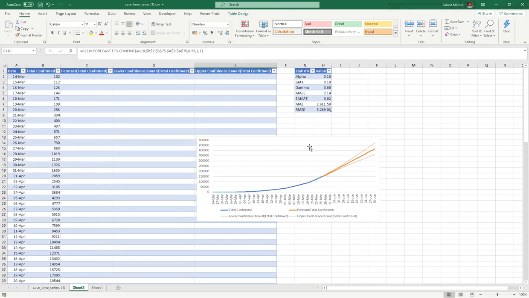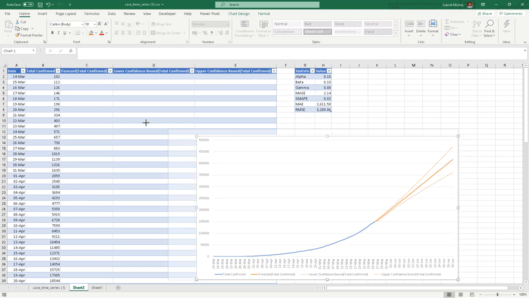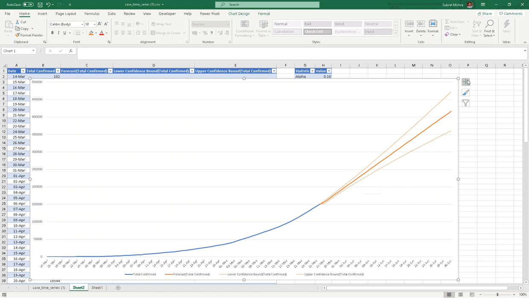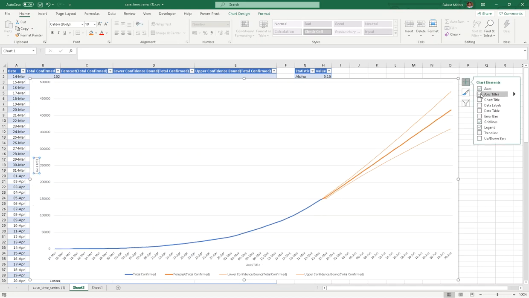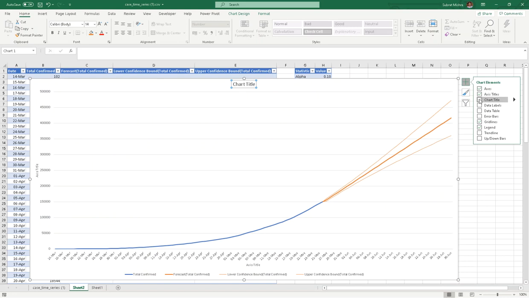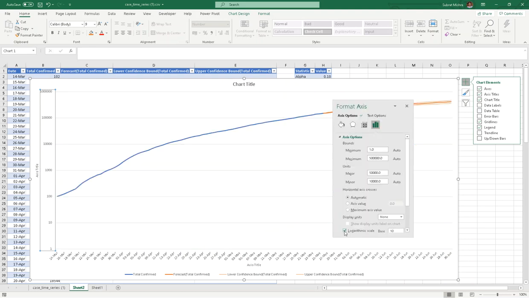Now let's check out the chart. Expand it. Add a chart title. And here, as these numbers are growing, you can click on format axis, logarithmic scale, make it 100 minimum range.